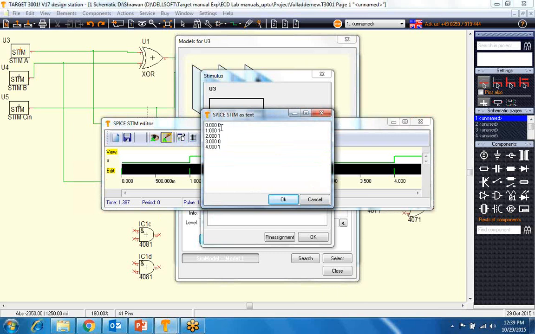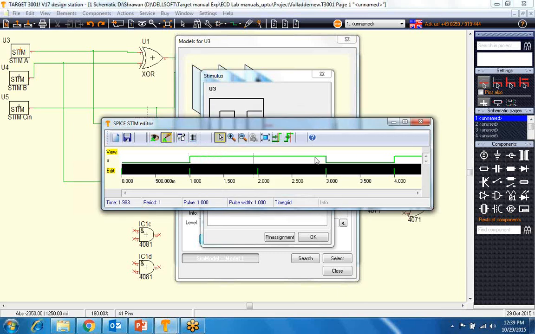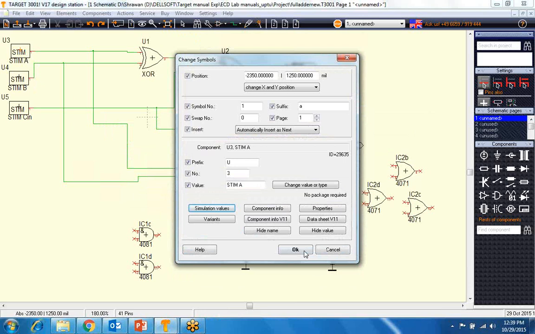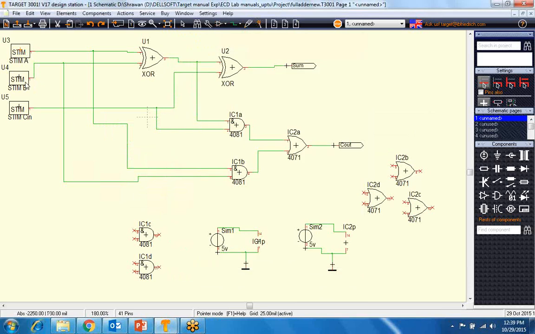Like on 0 it should be 0, 1 it should be 1, 2 for 1, 3 for 0. In binary we have to give the inputs, 0s and 1s. So these are the inputs which we have given. For A, B, C we have given the stimulator values. Then we have created the XOR and this, and this is a full adder circuit.